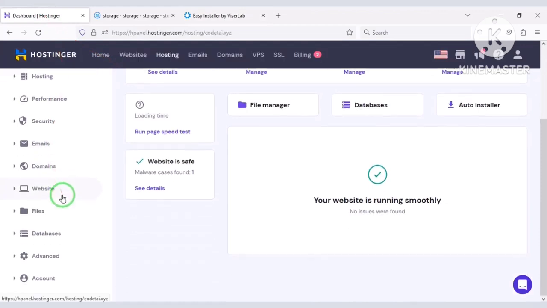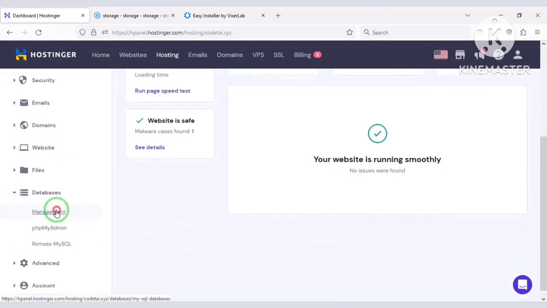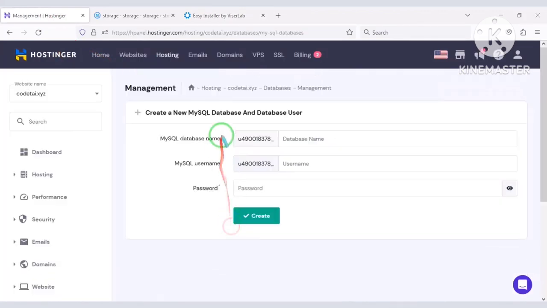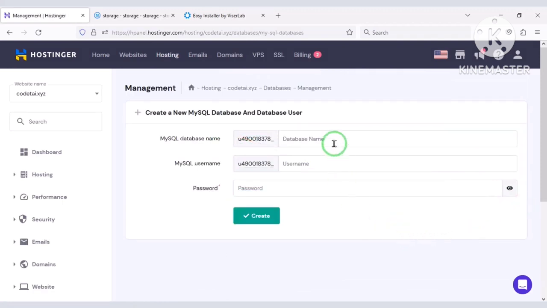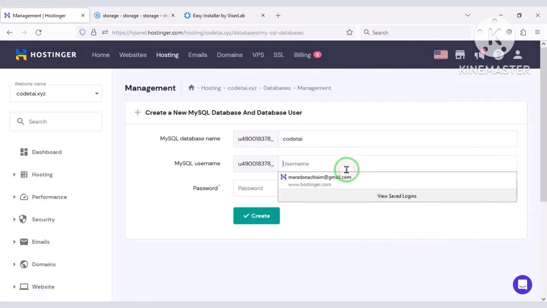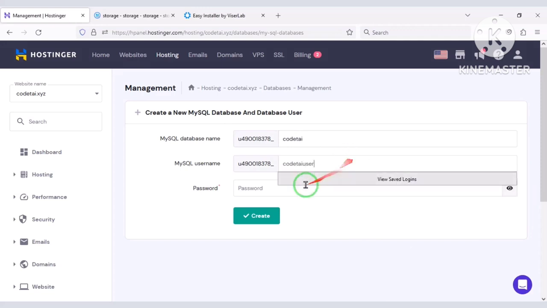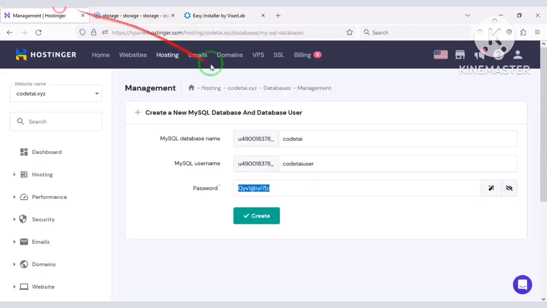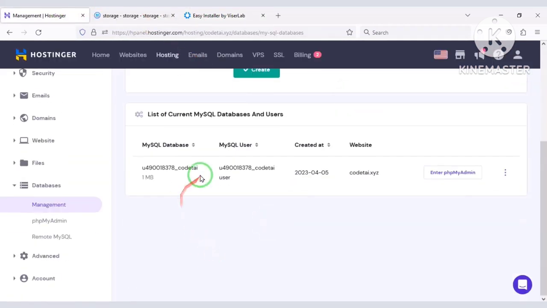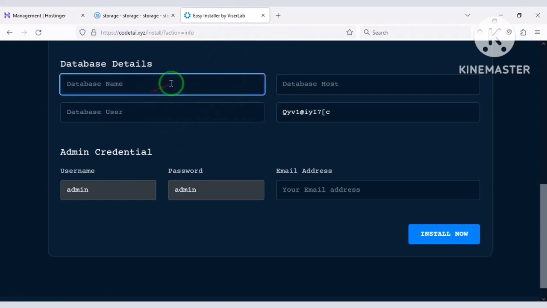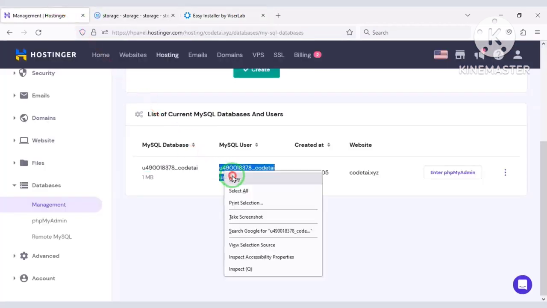For this we need to create a database. Now we will submit the database information here. Then submit this database information to the website.